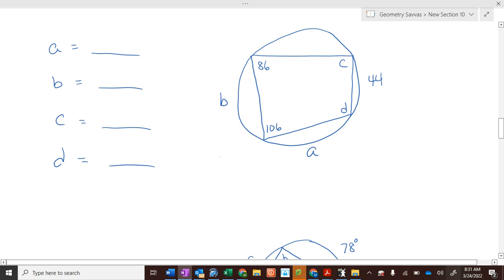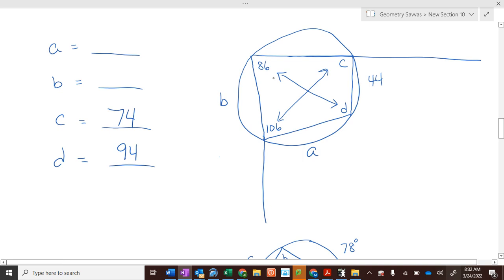Okay, what would you find first? A, B, C, or D? Most of you would find A because that comes first in the alphabet, but I would find C. Because what do we know about opposites in these quadrilaterals that are inside a circle? They add up to 180. So C is 74. D is 94. All right. So since this is 86,